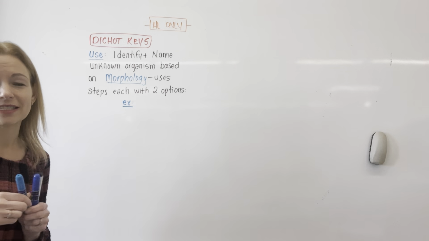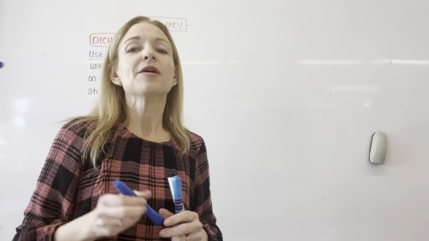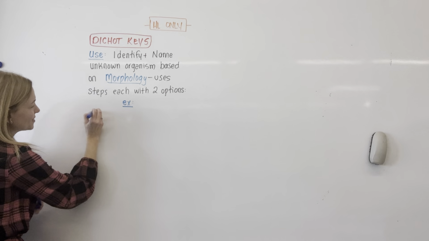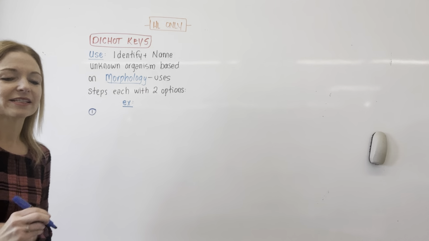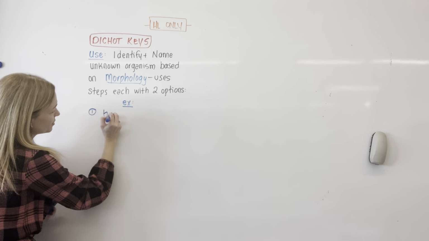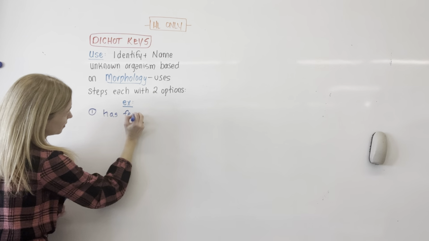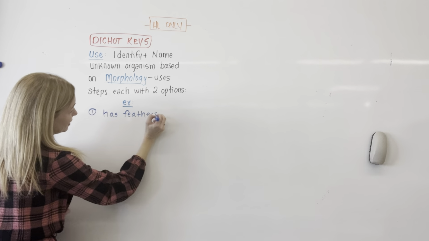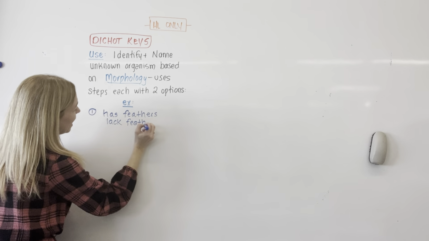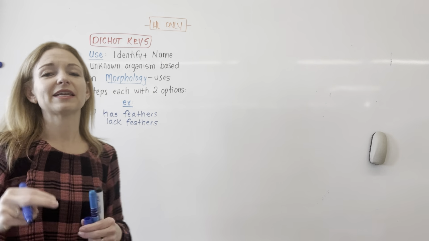And I'm not going to use scientific names. I'm just going to use common names, but just to make the idea. So you would always have numbered steps. So this would be like 1, and it's going to have 2 statements. So I'm going to say like has feathers, and then lacks feathers. But what you'll see is I cannot say if it's a true dichotomous key, has feathers,